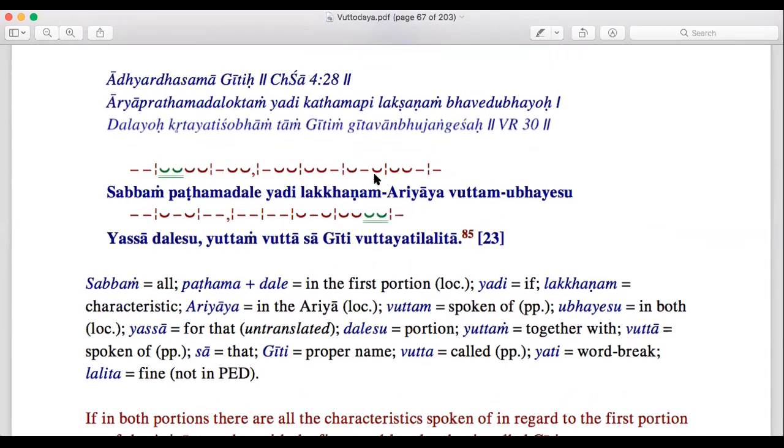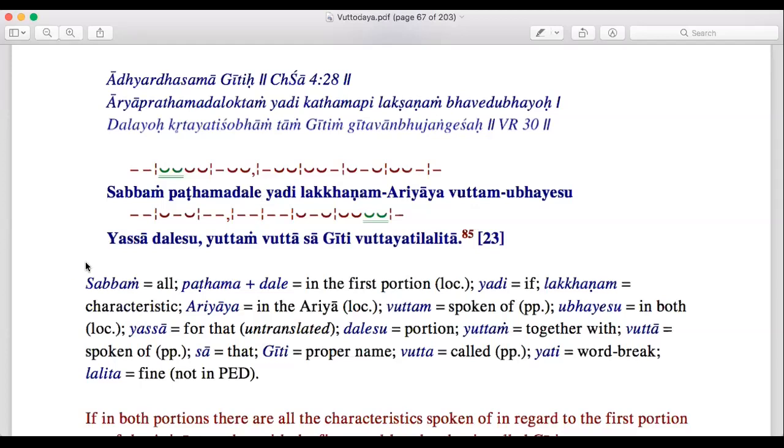Lakkana mariyaya. We should separate this, disjoin this as lakkanang ariyaya. And here also vuttam ubhayesu. We should disjoin as vuttang ubhayesu. So then ariyaya, in the Arya verse, or of the Arya verse, patamadale, first half. So first half of the Arya verse. In the first half, Patamadale is the locative case. So in the first half of the Arya verse, vuttang, that has been spoken or that has been mentioned. Sabbang lakkhanang, all the characteristics